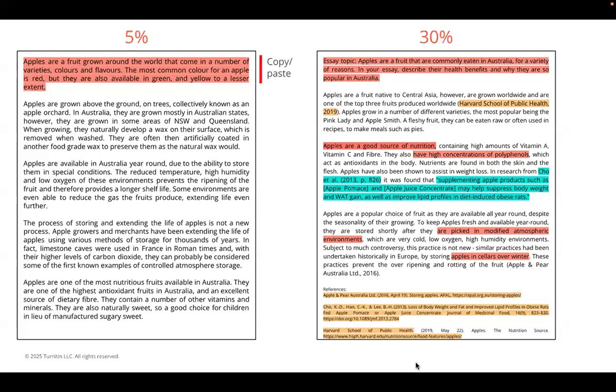Now, if we talk about the second paper, which is 30% similarity. Here you will see that the similarity score is higher than the first, but if you check each of the highlighted text over here, you will be able to find out why these texts have been highlighted. The first text is highlighted in red color because it is an essay topic which is common to every student who has written the paper. So it's an essay question. So this particular topic doesn't need any quotation, citation, or reference over here, but it will still be considered as a similarity. But this is not considered to be plagiarism because it does not require any acknowledgement.